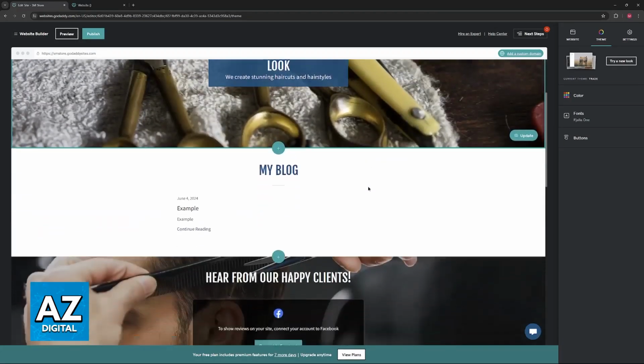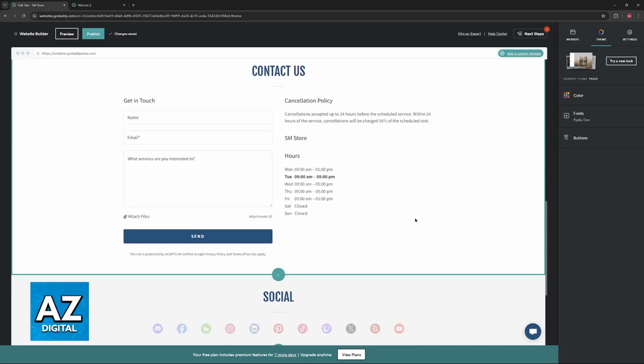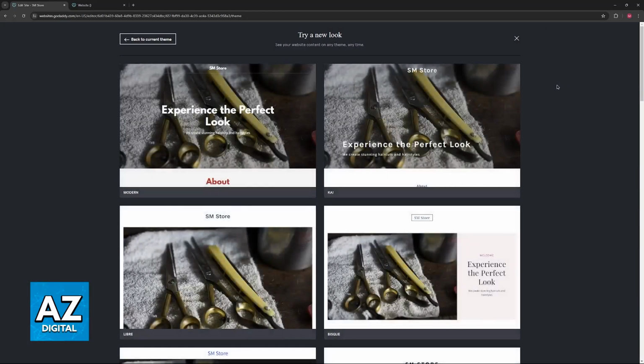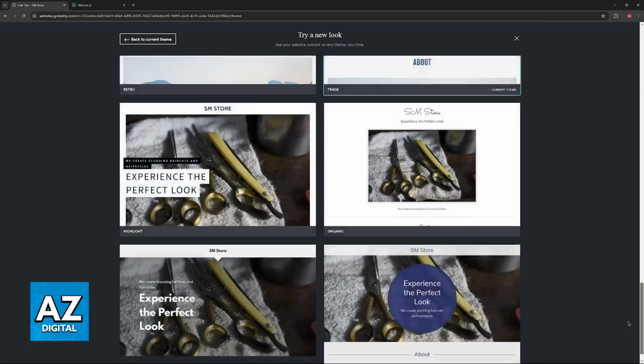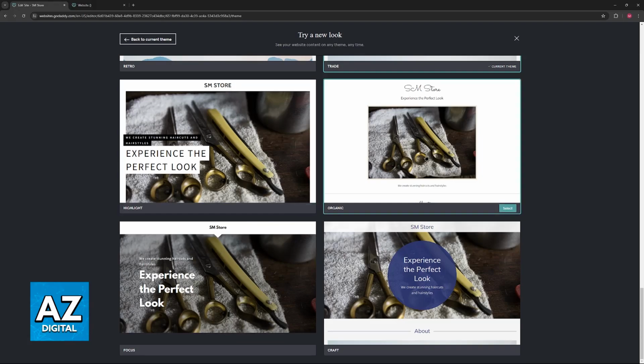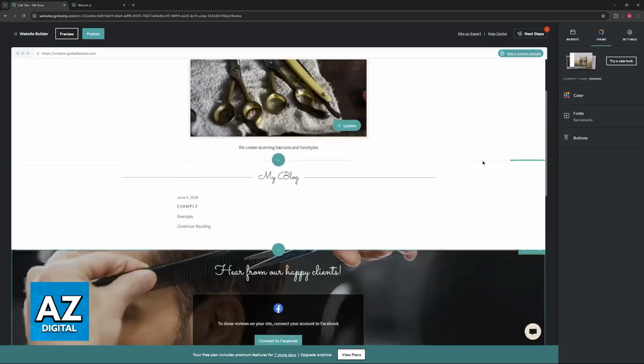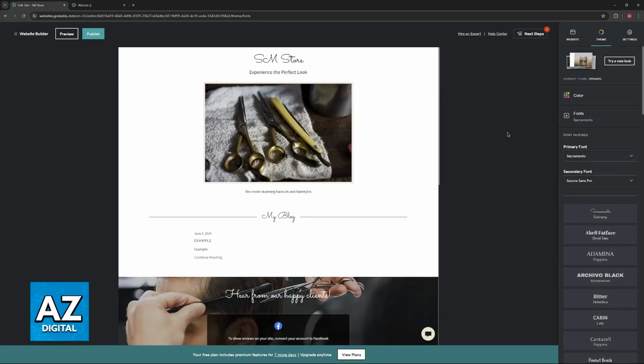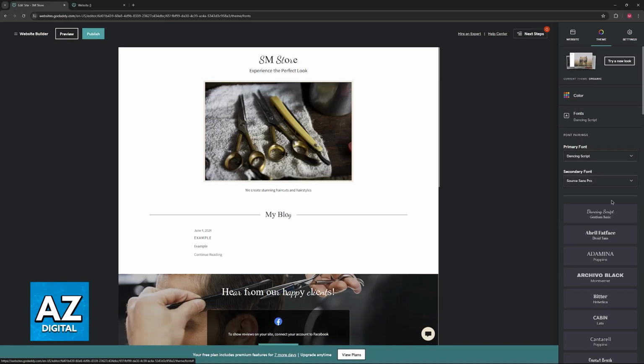But if you notice that it doesn't look good, or that you would like to remove it, while there's no direct way to go back to the one that you just had, all that you have to do is click try a new look once again, and then browse through all of the templates once more. And of course, you can change individual aspects about the template. So if you don't like how certain stuff looks, just go ahead, change the font, change the color, the main accent, the specific sections, and so on.